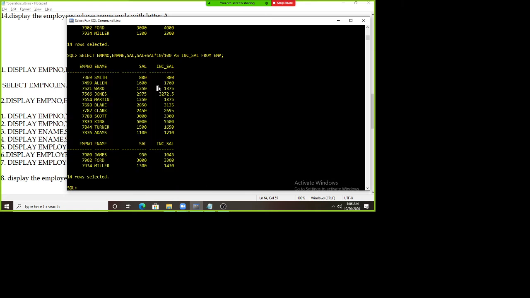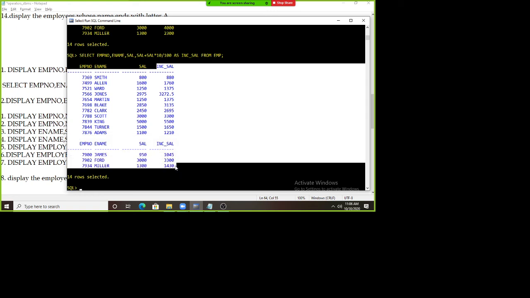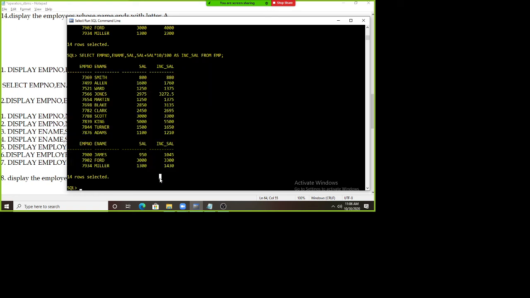From the records in your existing table, we are going to get the information as a new column. So what is the new column I got here? Incremented salary. So I have used the arithmetic operators, plus, multiplication, division.